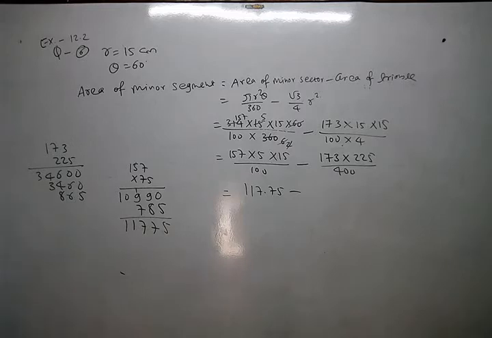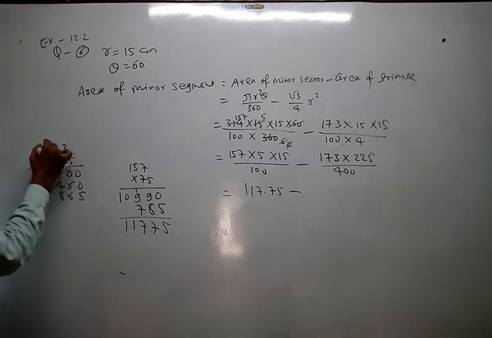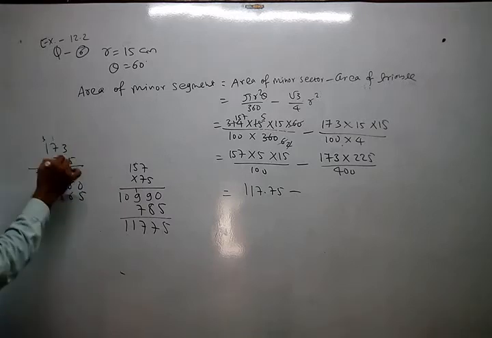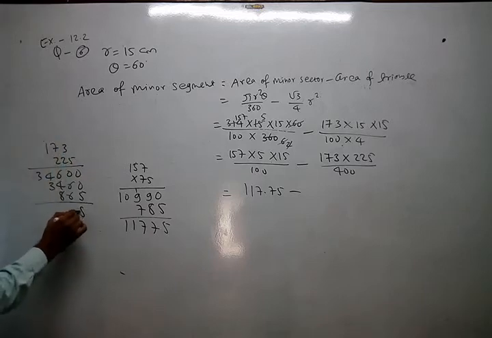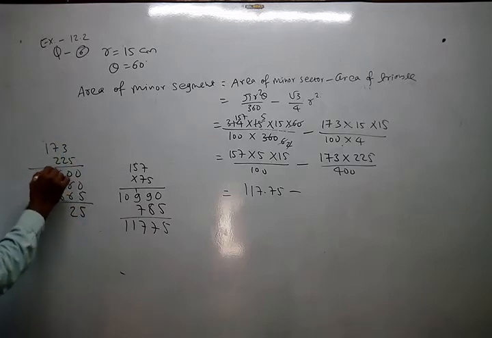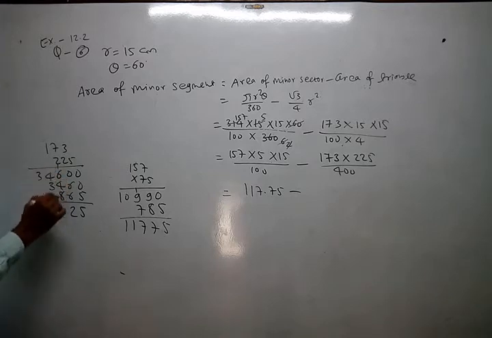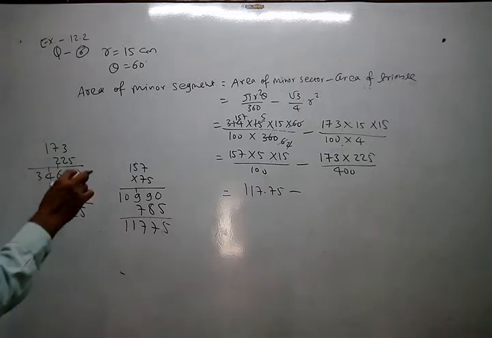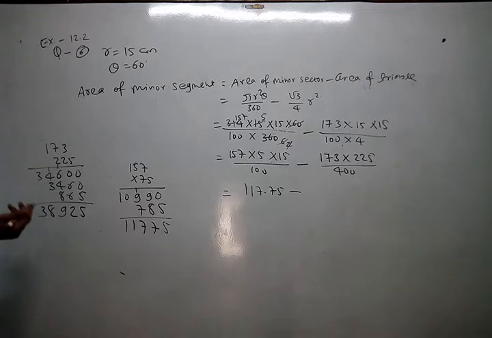Okay. 173 into again 5 3s are 15, 1 7 5s are 35, 36 3 8. So it becomes 5 12 1 6 plus 4 10 plus 18 119 1 7 8 3. But divide by 400. Okay. So we just divide it by 400 also. Otherwise by 4 first of all. By 4 only, 3 8 9 25 by 4 only. Then we will divide by 100 orally.